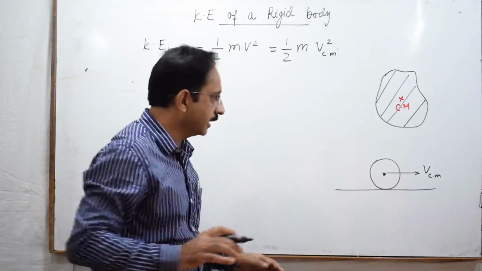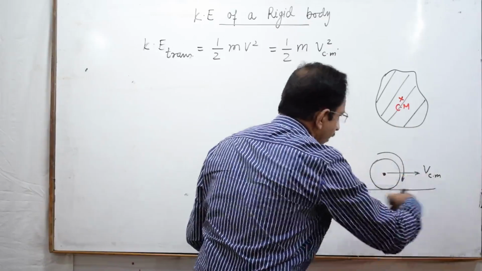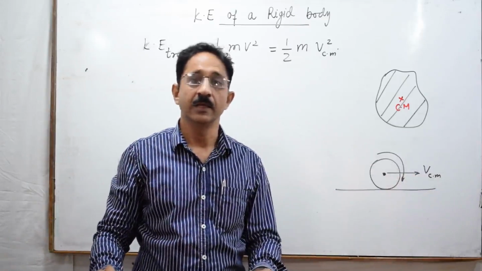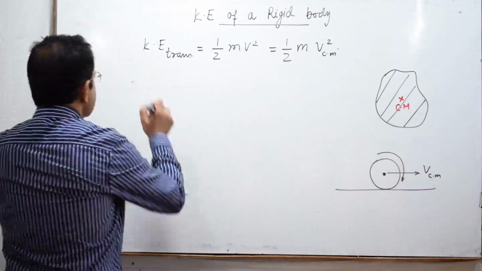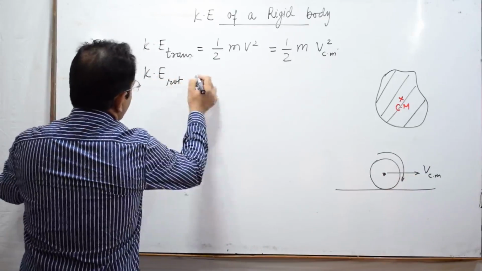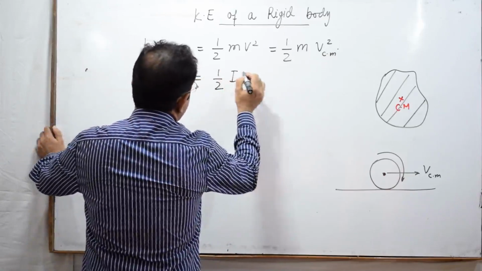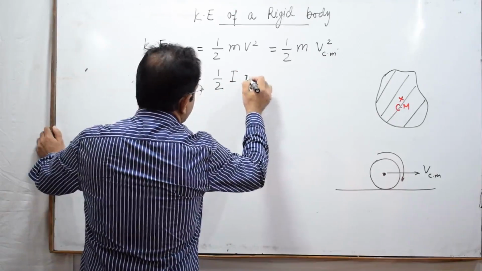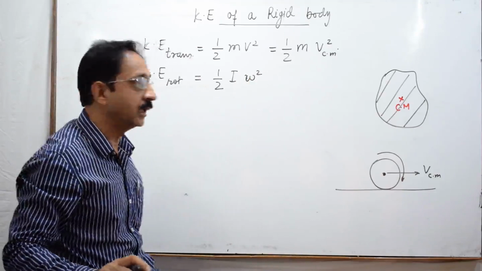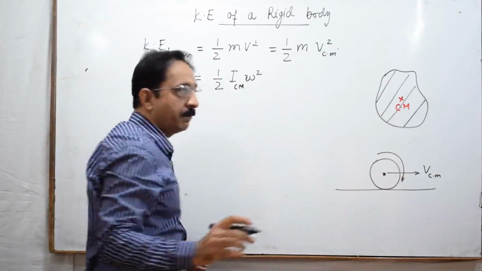What would happen कि अगर ये parallel चलने के साथ साथ ये body roll भी कर रहा है, that means there is a rolling motion which accompanies the motion which is translational. In that sense, it comes to possess another kinetic energy which we call the kinetic energy of rotation. How do we define kinetic energy of rotation? We define it as 1 by 2 I omega square. And which is this I? I is moment of inertia, or this is the moment of inertia with respect to an axis passing through the